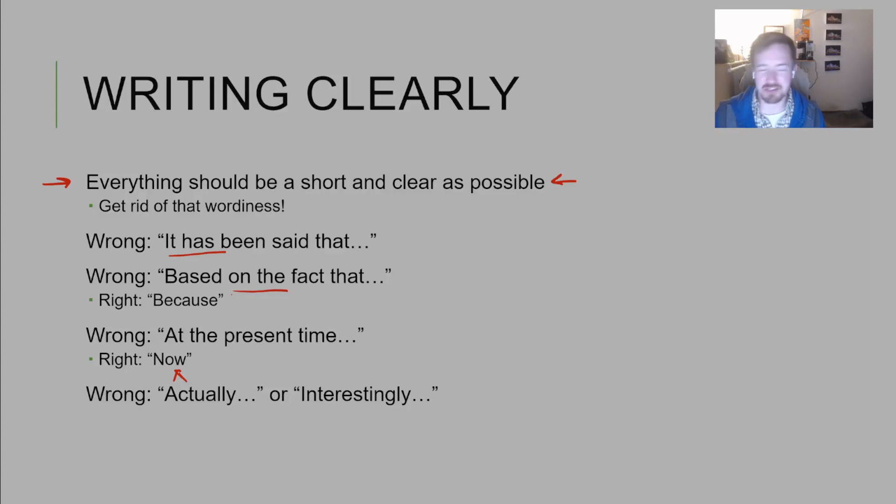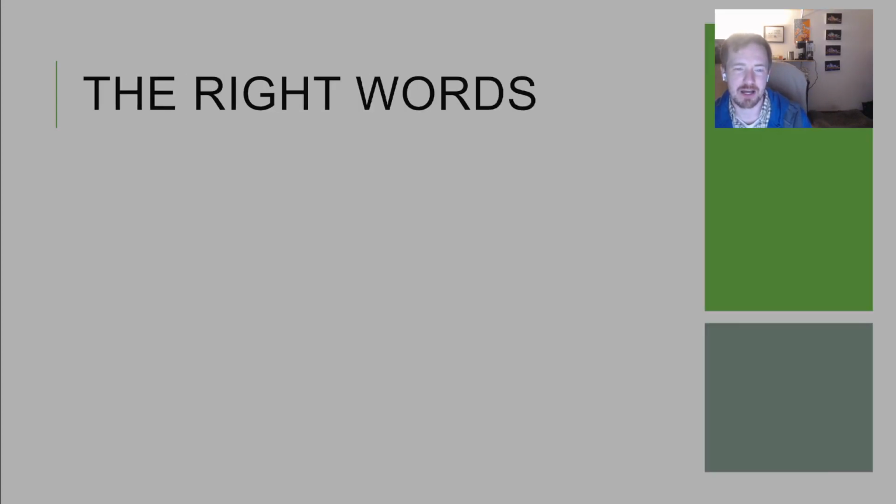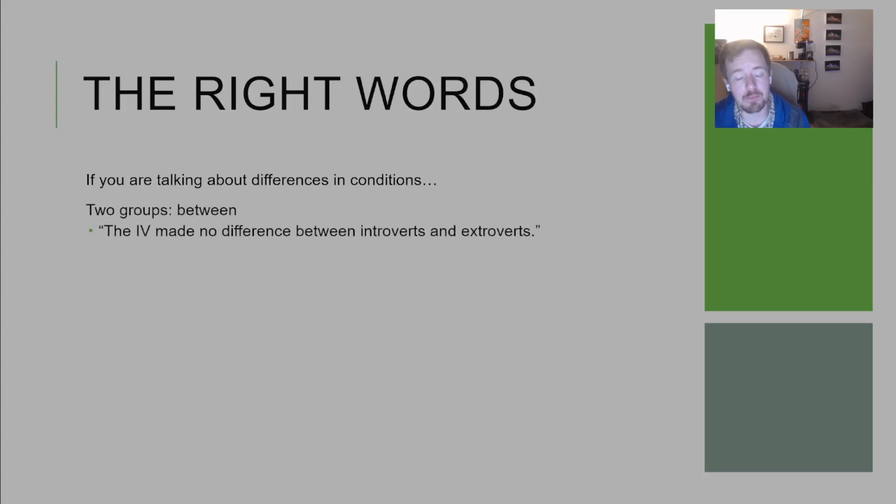And I was a little bit embarrassed because I had used the word "actually" 50 times in this paper. But he was right, I didn't need to say, these were things that actually happened. I could just say, these were things that happened, right? So just try to reduce things like that as much as possible. So when we're trying to find the right words to write about, there are a couple of really nitpicky things,